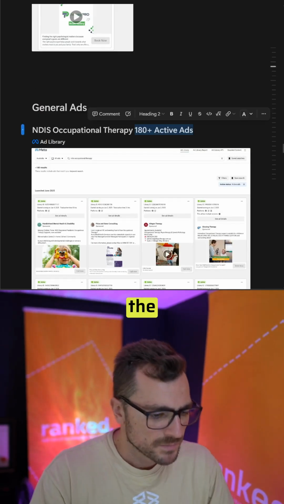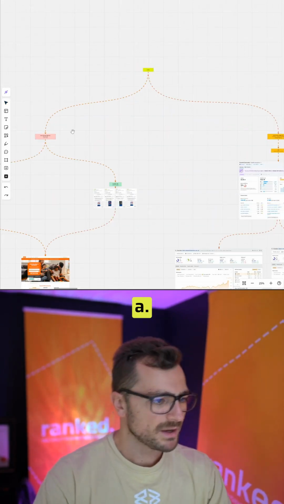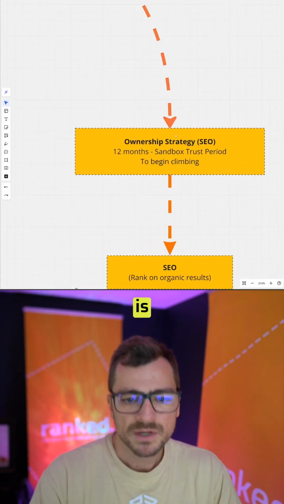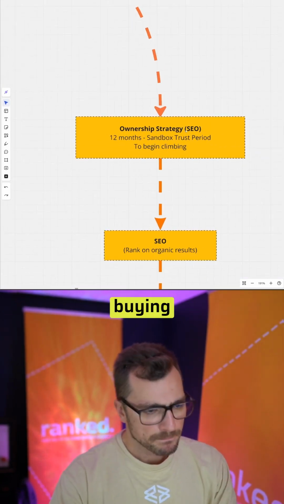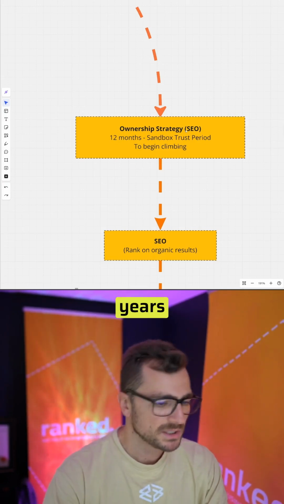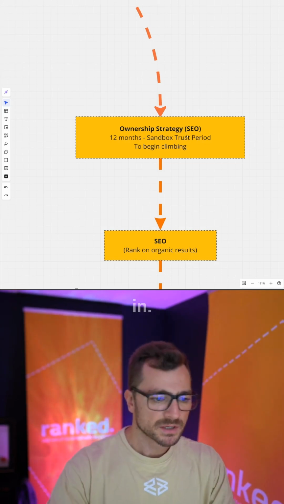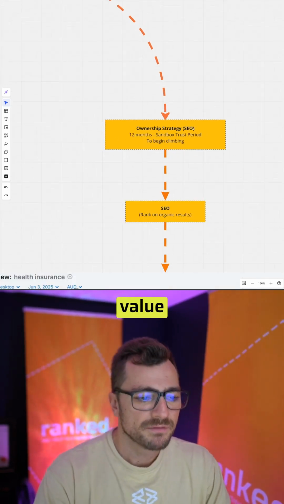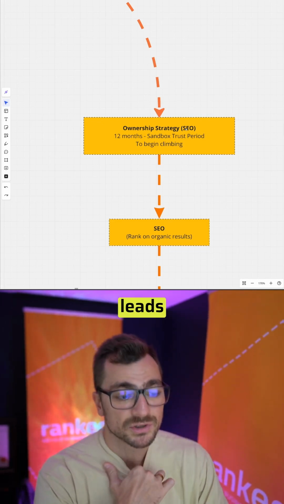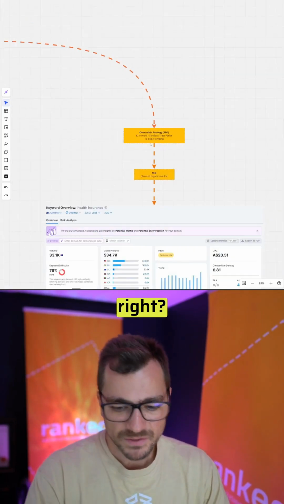On Google ads, my game plan is always looking like this. We want leads. How do we get leads? We have a rental strategy, meaning paid ads, and we have an ownership strategy, which is SEO. SEO is like buying a house, paying the tax, paying off a mortgage across 30 years, but after 30 years, when you've paid it off, you've got the equity, it's your house, it's bringing in, I wouldn't say it's a return, but the value of ownership is there. Same with SEO. While you never own the top rankings, when you start to get SEO leads and they're just flowing through, sometimes uncontrollably, that's a nice feeling, right?